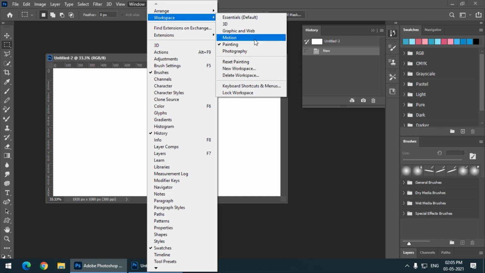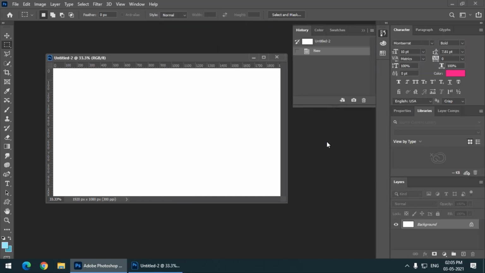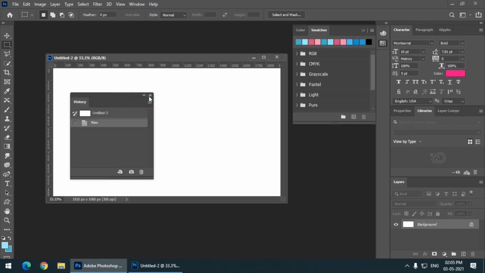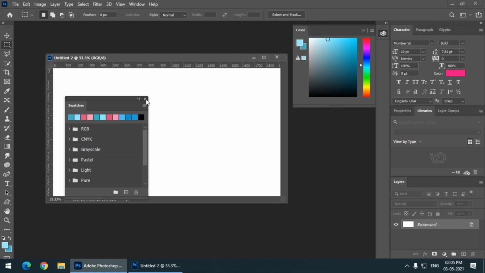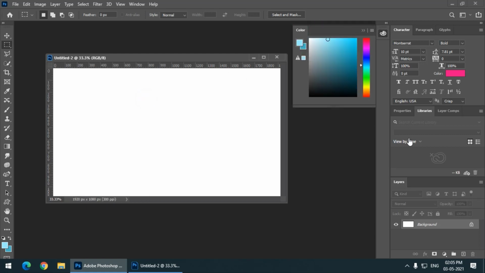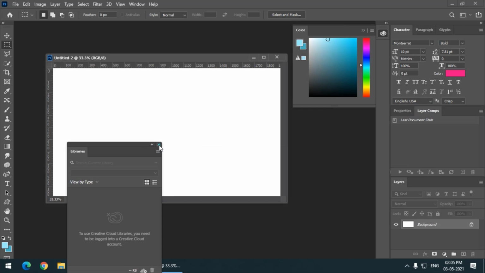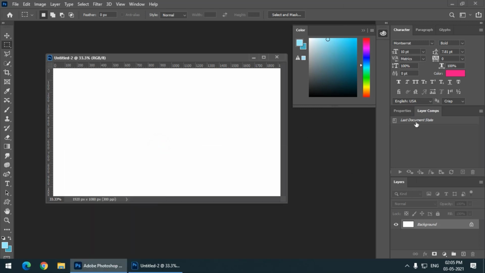If I go to graphic and web, then you will again get different panels. Let's say I want this to be removed, and I don't want this one. Again, I don't want, let's say, libraries. So I want this particular set of panels to be stored for my benefit.